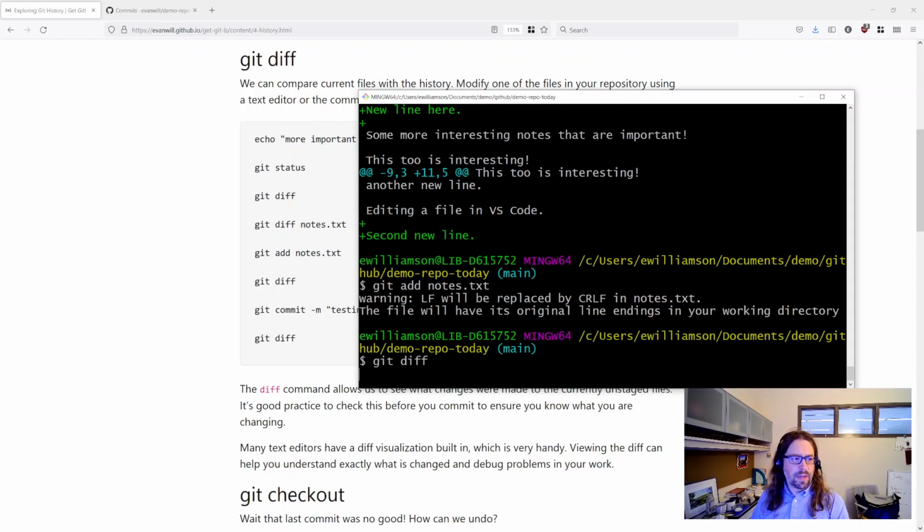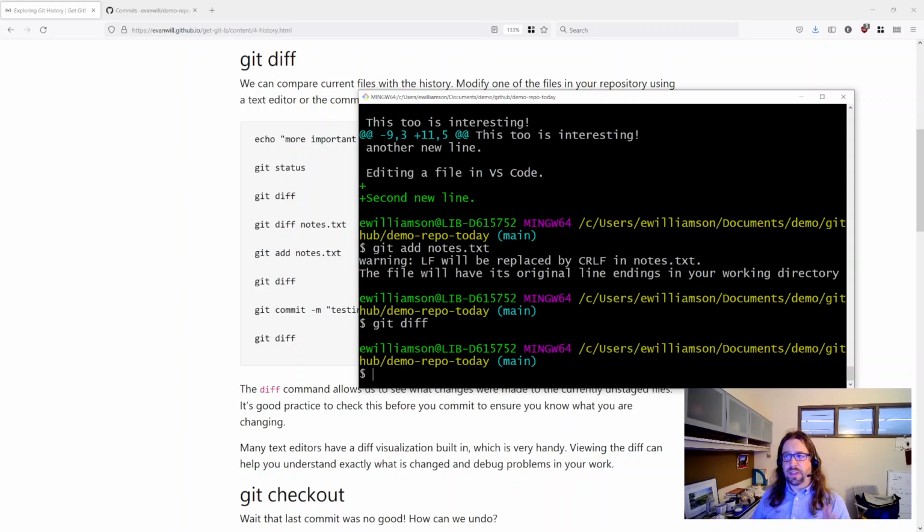If we do a git diff now, you're going to see that nothing comes up because we've put this in the staging area. Now Git is not considering that. It's considering that as ready. It's not in the history yet, but it is ready to be put in the history, so it's not considering that a different change that we'd want to look at using diff. And so it's just not showing anything. There's no difference right now because we've added everything into that staging area, and it's comparing it against that area and the history. So let's do a git commit,